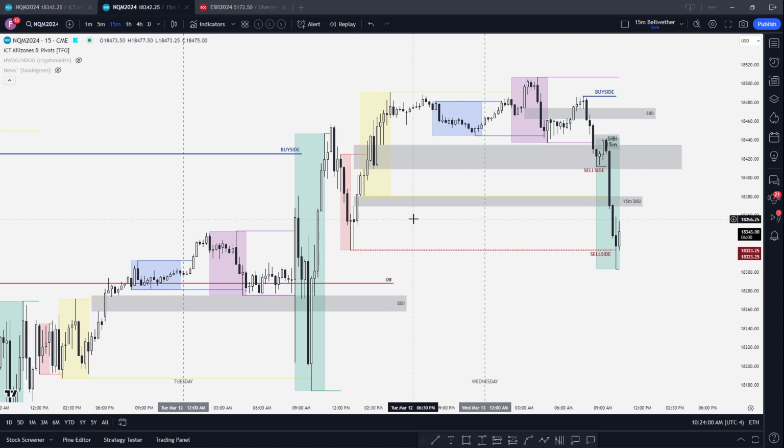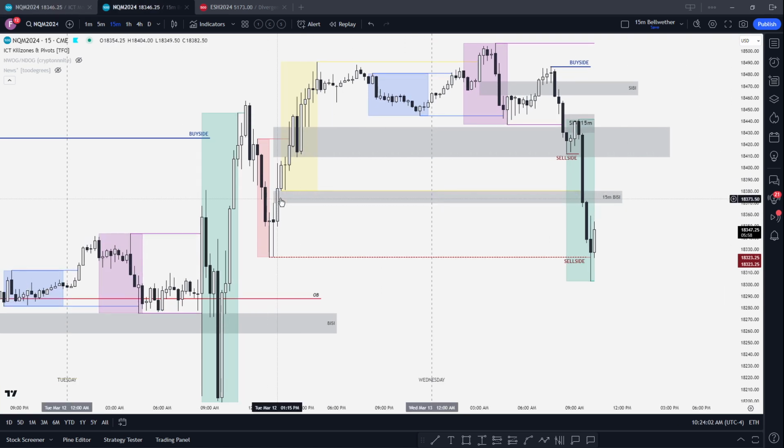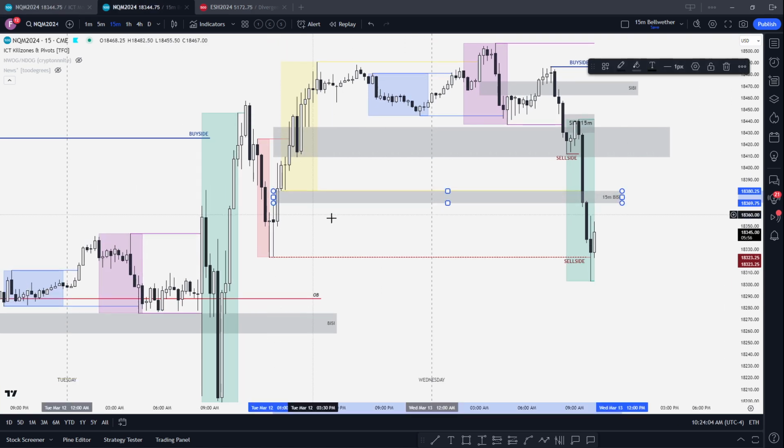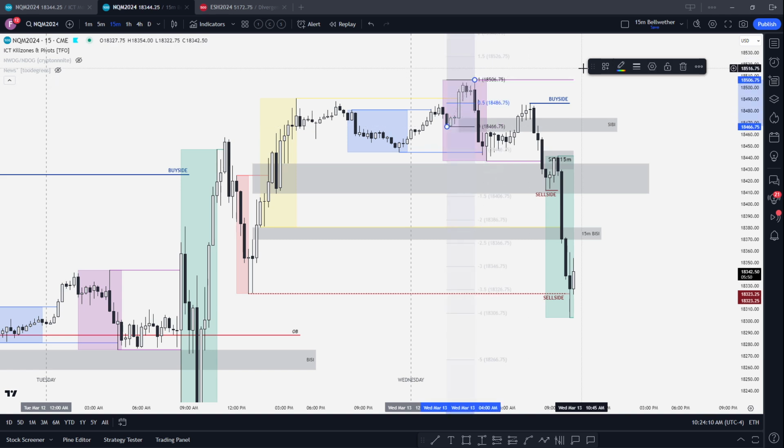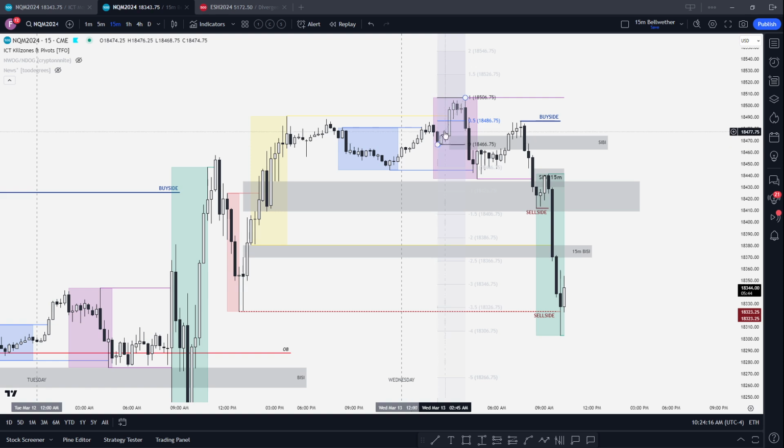You could have held it. Like, you could have held it down to this gap. And that's just using, you could be using fib extensions on here. This is your high to low. You want to run it between 2 to 2.5. And if you want to pull the manipulation leg right before it creates a breaker, that's your